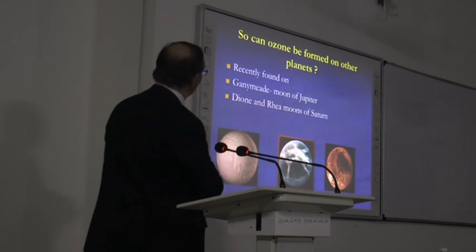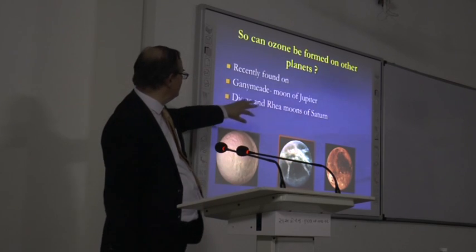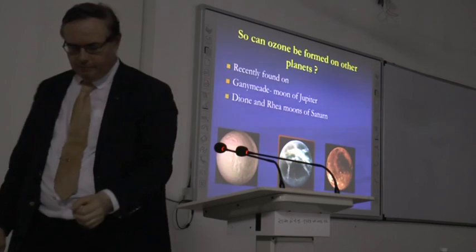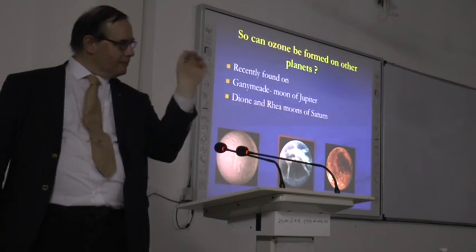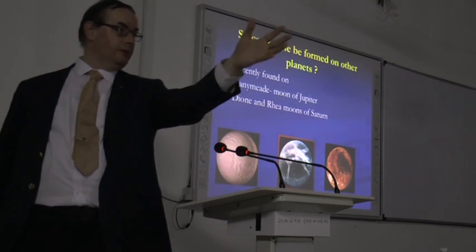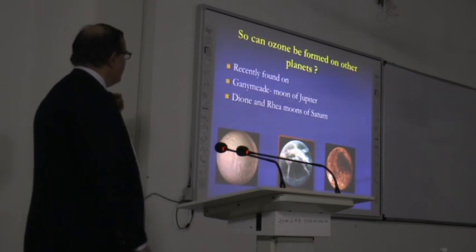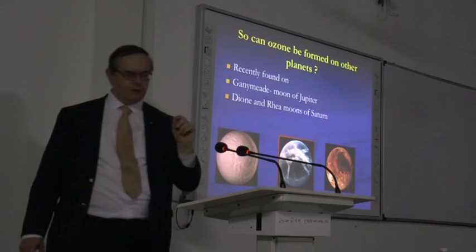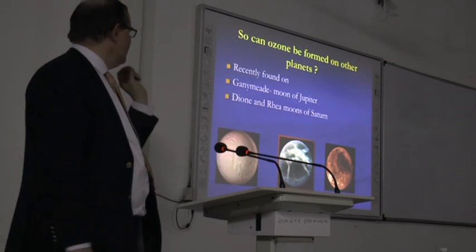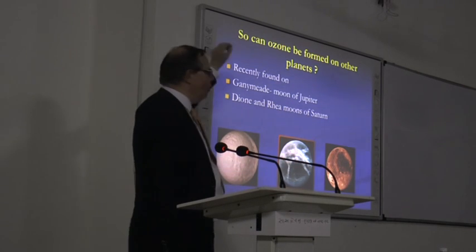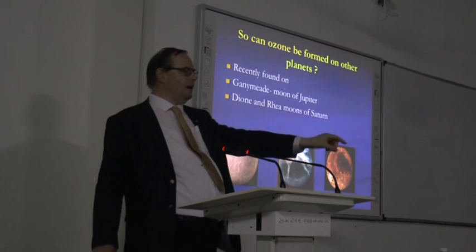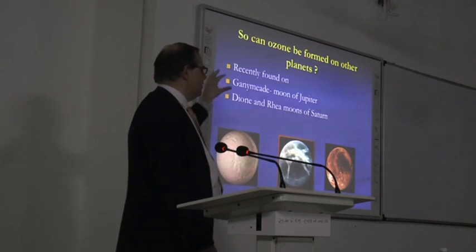We've recently found ozone on these moons, Ganymede of Jupiter, Dione and Rhea of Saturn. Indeed, Bala and the PRL group have actually, by spectroscopy, identified some ozone on other bodies, including possibly the moon. So, the problem is, we know that there are no trees on the moon. We've been there, there aren't any. We know there's no photochemistry. So this has been a problem. We thought ozone would tell us there's life. We now know that ozone can be made chemically in the irradiation of ices, so it's not unique.